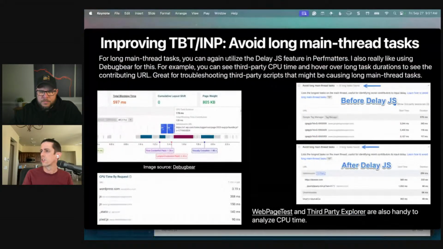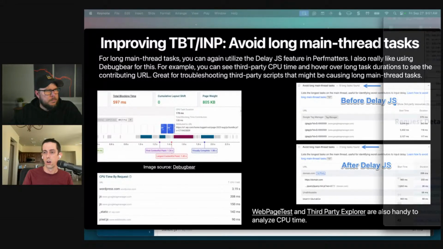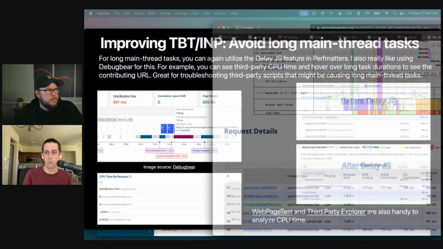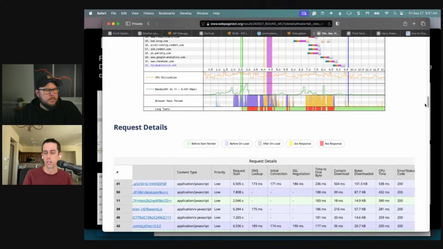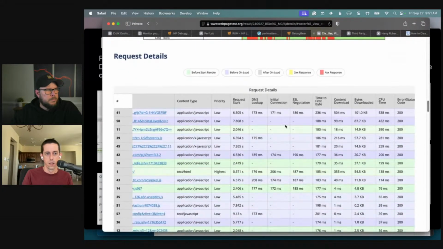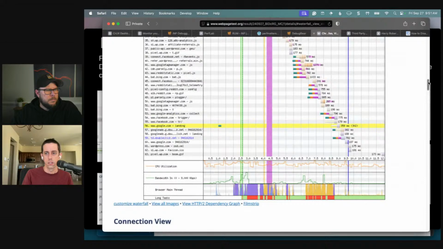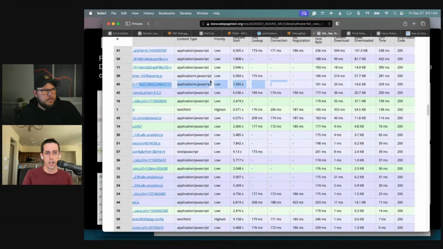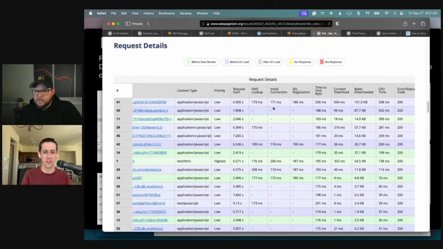And then let me show you, I have another. Oh yeah. Another way to get the same data is WebPageTest. So if you run a site through their tool, it's here at the bottom, and I've never liked WebPageTest's UI. It's kind of like from 1995, but